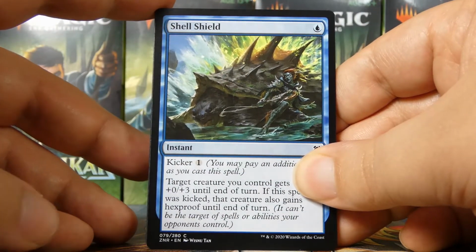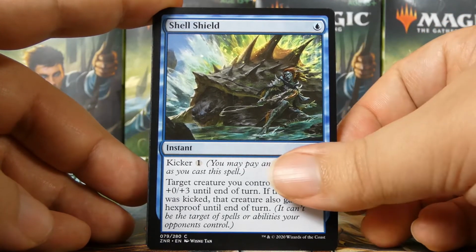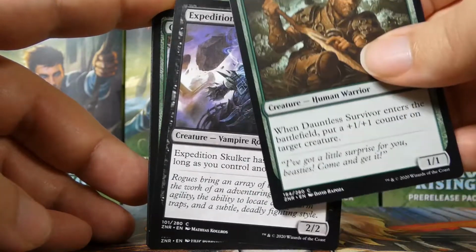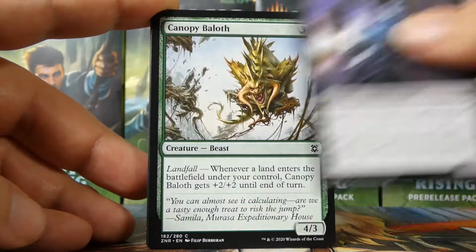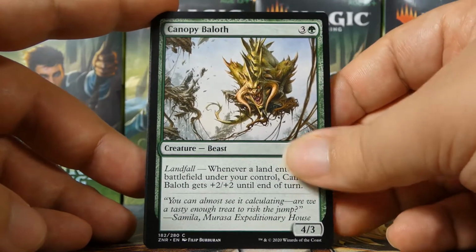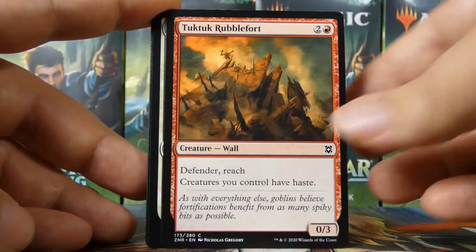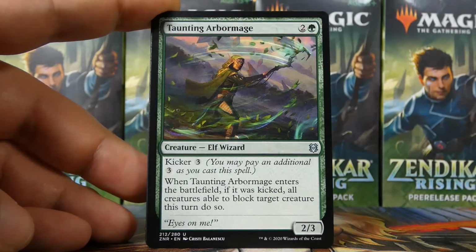So again, another kicker card, but it's just fine. It probably won't get in if we're doing rogues, but it would if we're doing kicker. A Dauntless Survivor. Whoops. An Expedition Skulker. There's more evidence to play rogues. A Canopy Bailoff. This is just a good card in general. A Tuk Tuk Rubble Fort, McKindy Ox, Taunting Arbor